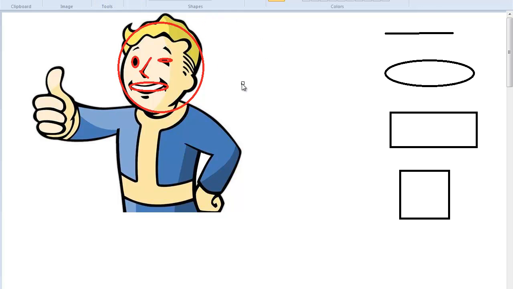Next thing I want to do is make his hair. Well, I'm not going to do his hair. Make him bald. I want to make the thumbs up. So I have an oval right there, and then his hand is going to be another oval. I'm going to make a rectangle for his arm, a rectangle for his body,